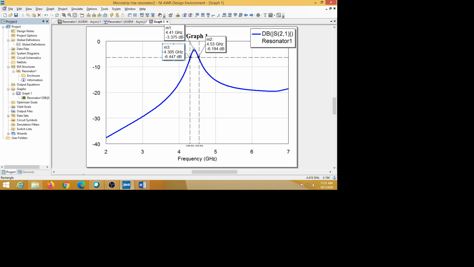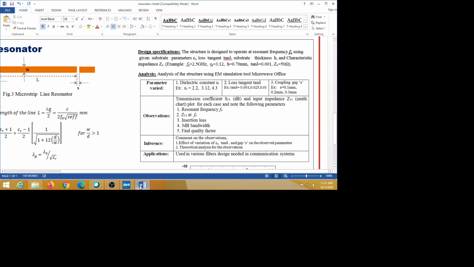Center frequency is this value, whatever the marker here, and you put a horizontal line like this 3 dB down from the peak value. So peak value is here, come down by 3 dB, that is around minus 6 dB. You come down and put a marker here and here. This is the highest frequency f2, this is the lowest frequency f1. Take a difference of these two, whatever you get, that is the bandwidth. Divide the center frequency by the bandwidth, we will be getting the quality factor of this one. So that is what we have to do here.